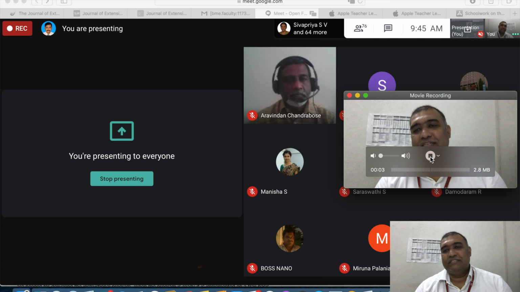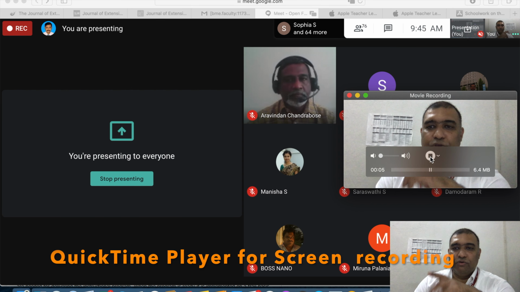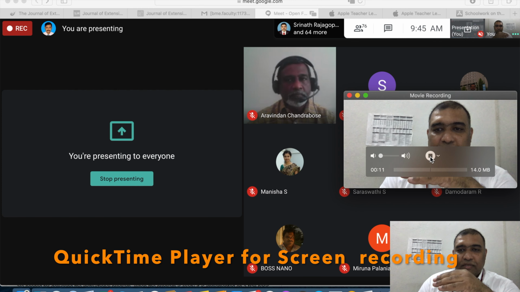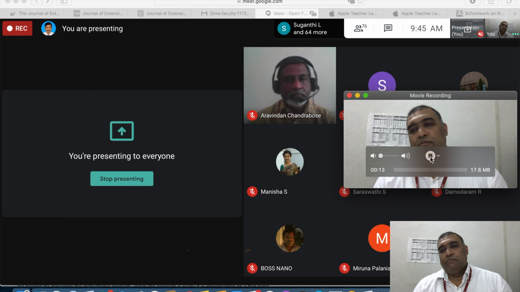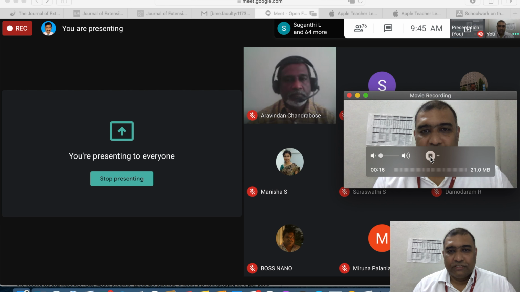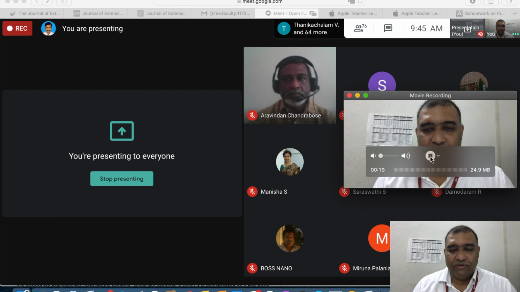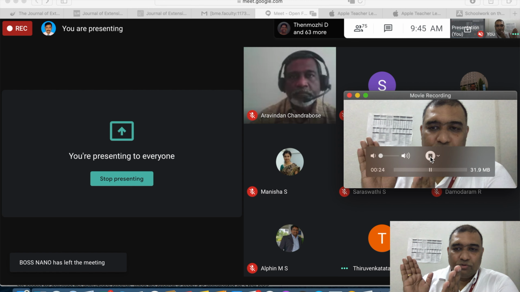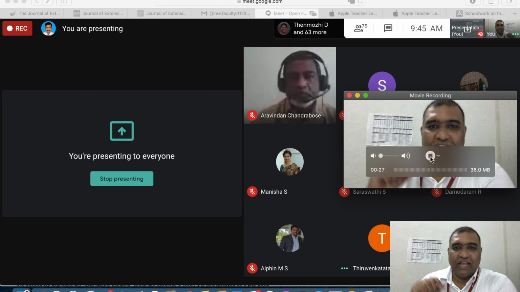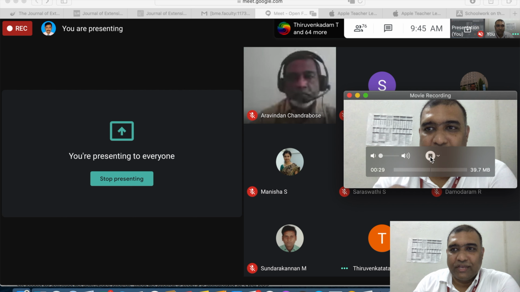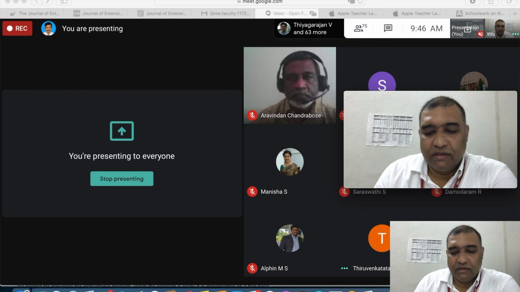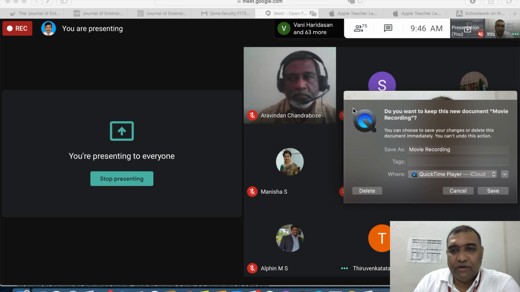There is a small trick in this. If you are using your audio for your video as well as your slideshow, they are actually parallel recordings that are taking place. So whenever you start recording, you give a clap like this. This clap will create an audio spike. Like we see in the movie shootings, they use this clapper. That creates a spike, and you can then correlate the audio and the video. Fine.